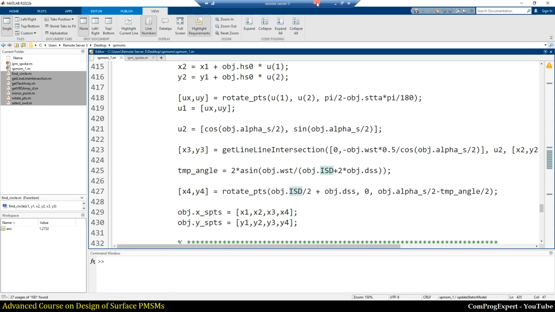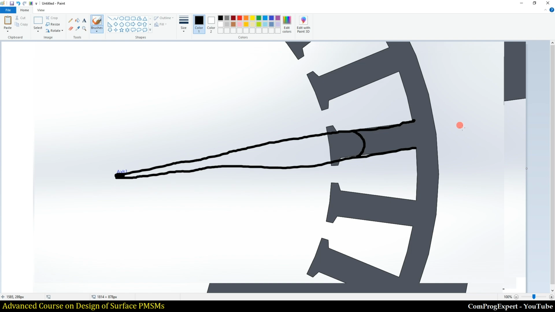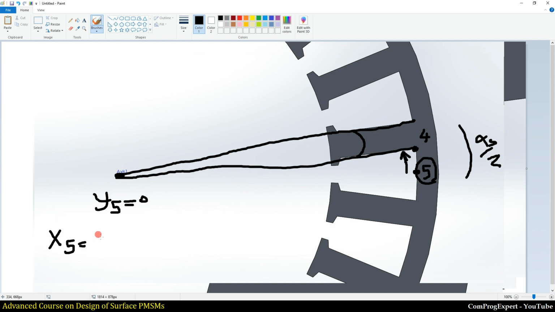So we have this angle and we have alpha S divided by 2. If we rotate the point number 5, I call it, equal to this angle, we can calculate the point number 4. We know the coordinates of this point. The y5 is 0 and the x5 is ISD divided by 2 plus depth of stator slot.